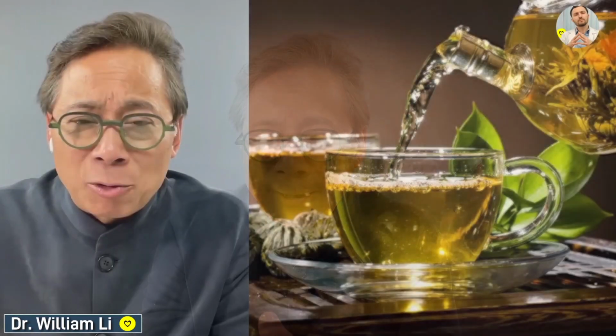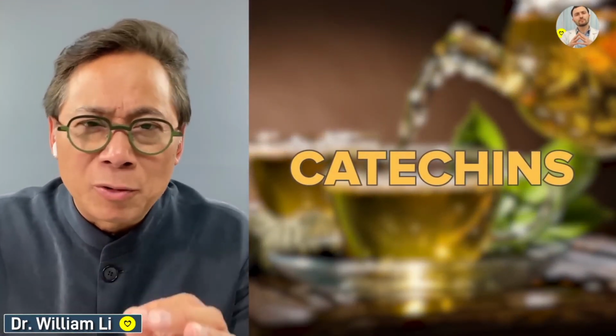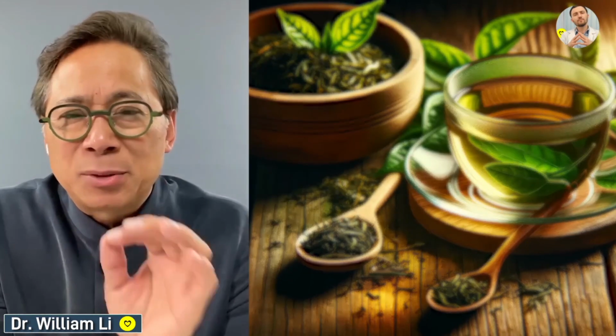Green tea. Now, green tea contains catechins that have been shown to lower the risk of colon cancer, stomach cancer, esophageal cancer, cancers of the gut, actually, because you're sipping the green tea and it's flowing down and touching your entire GI tract. Now, what's in green tea? Something called catechins, specifically